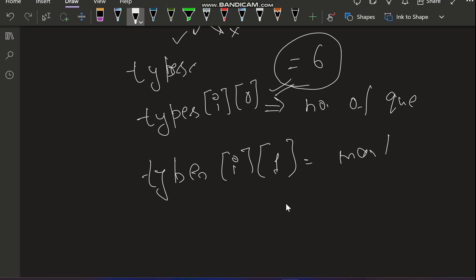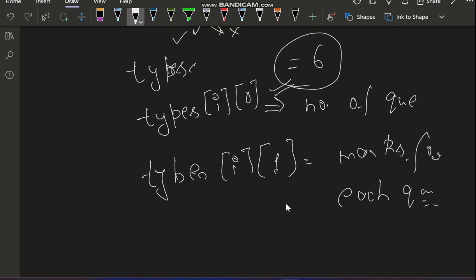We have only two values for each index. The first value stores the number of questions, and the second stores the marks for each question. This is a vector of vectors, meaning a 2D array. So that's why I'm doing this.